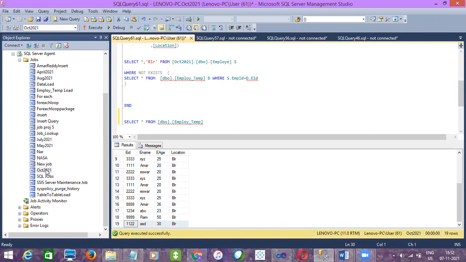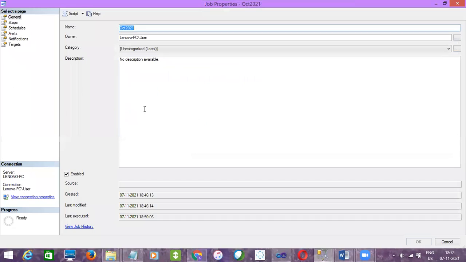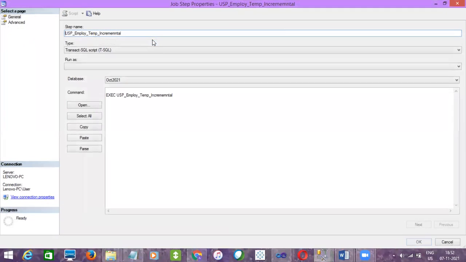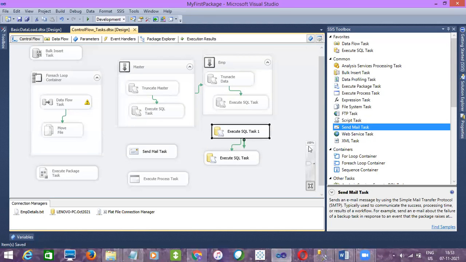So this is how you need to execute SQL related queries, right? I have shown you how to execute SQL queries, either a stored procedure, or if you want to execute any other normal SQL statement directly, you can execute it here with the SQL command. Here we have a lot of text space, so you can create your own script and execute it. Now we'll try to execute an SSIS package from there.